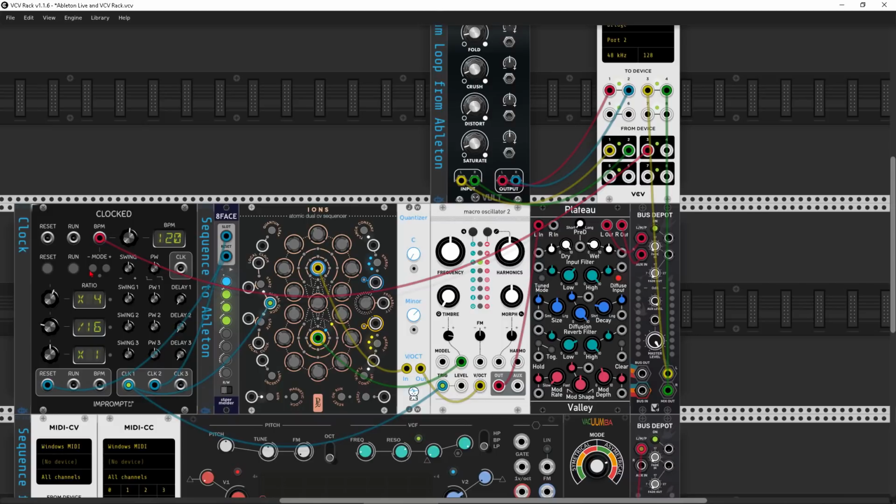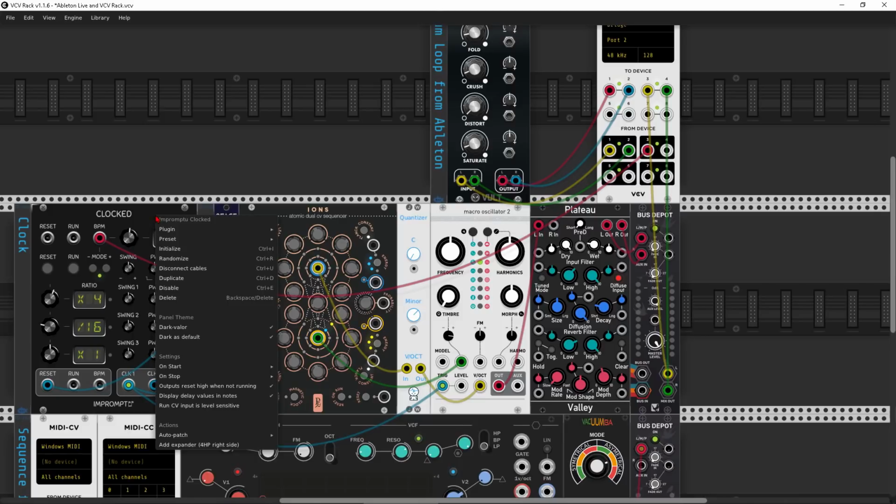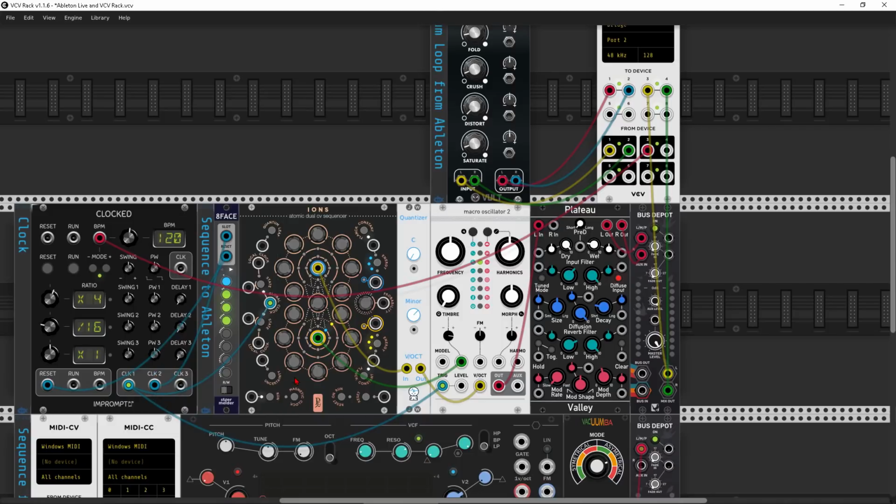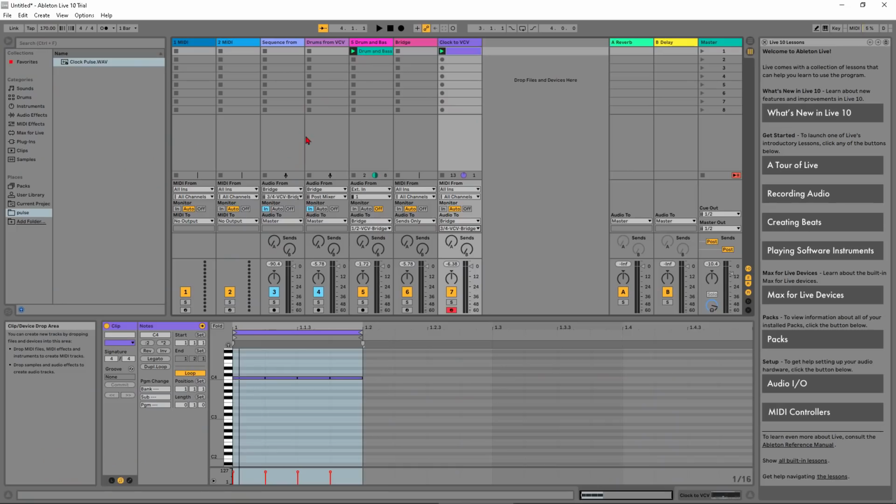So let's set this on Clocked here in the mode section, 4 ppqn. Another useful setting is having Clocked send a reset pulse when it starts, so everything is nice and in sync. So under settings, on start, send reset pulse. Very nice. Let's go back to Ableton, and if I hit now play on Ableton, oh yeah,